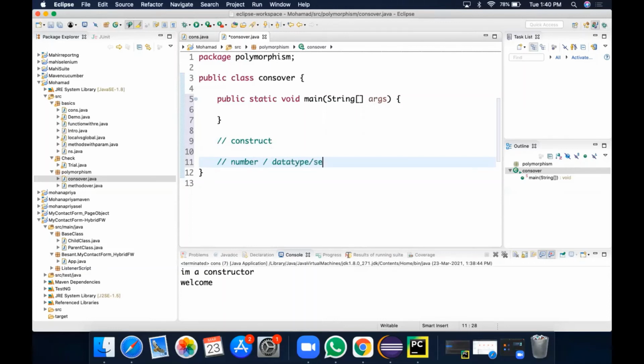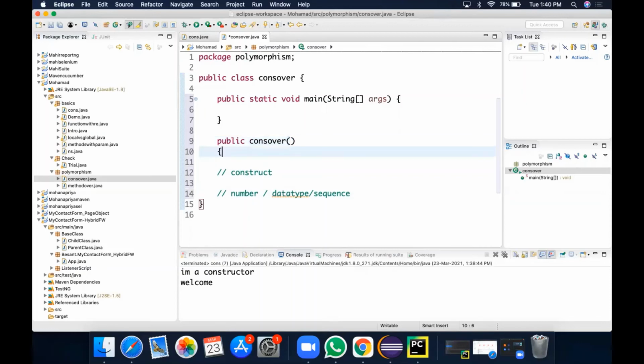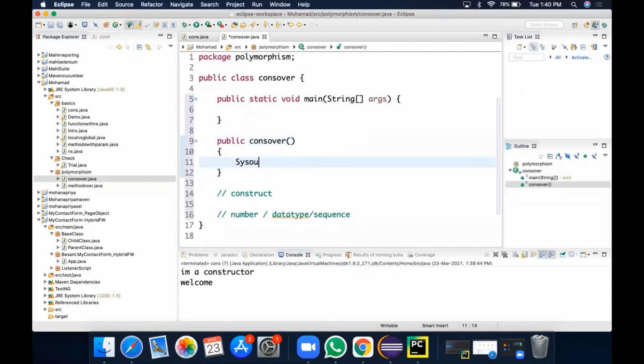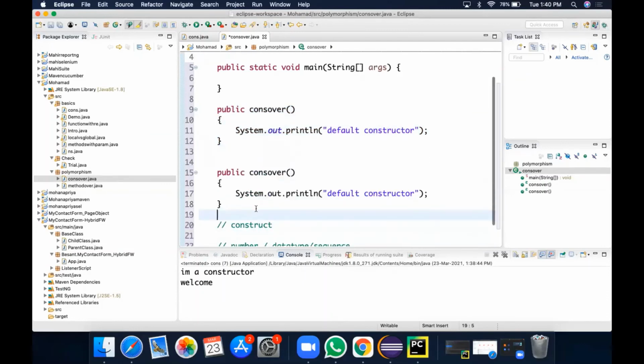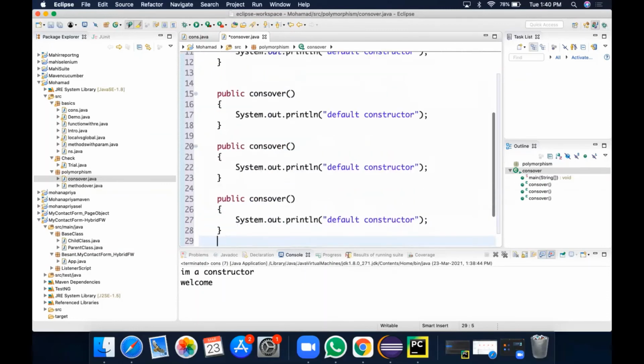So we know how to create a constructor. It will take public, right? Public CONS over. So this is the default constructor, and I'm just passing some message here. After that, I'm copying this and pasting it here. I'll be facing some issue, but we can resolve it.